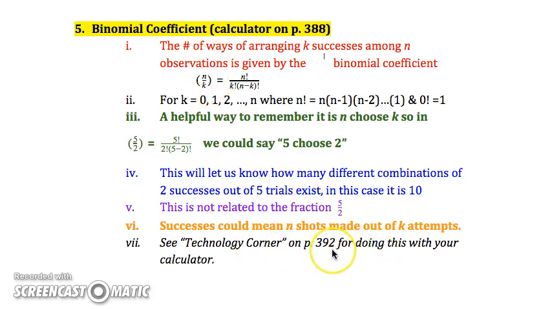The Tech Corner on page 392 has this on how to do it on your calculator using math and going to PRB. Now, when you do the binomial CDF calculation, it uses less than or equal to. Binomial PDF is what we would use for an equal sign if we wanted to know exactly 2 successes. And what your calculator does is it calculates the binomial coefficient and the probability of 2 and